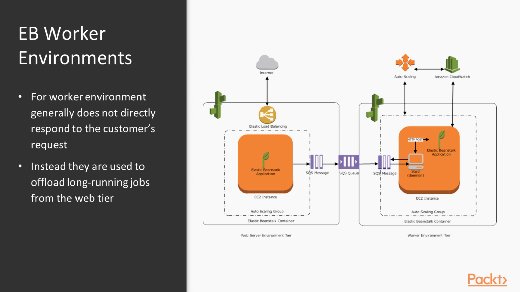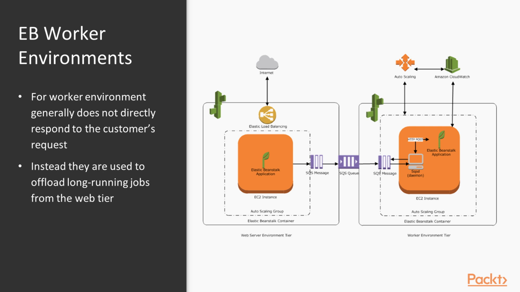So if you look into this architecture, you have the web tier on the left and the web tier is directly connected to the internet. So all the customer requests would be received by the web tier. Now, a web tier and a worker tier are generally connected via an SQS queue. So, whatever jobs the web tier has, it can post to the SQS queue, and the worker tier will get those job requests or whatever messages have been pushed from the SQS queue, and it will perform certain